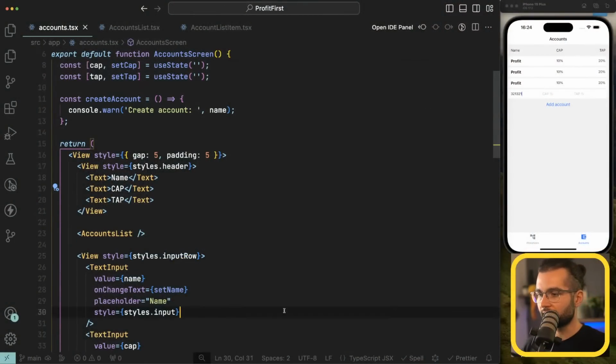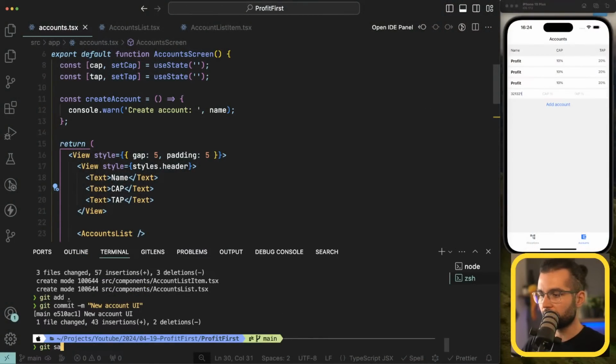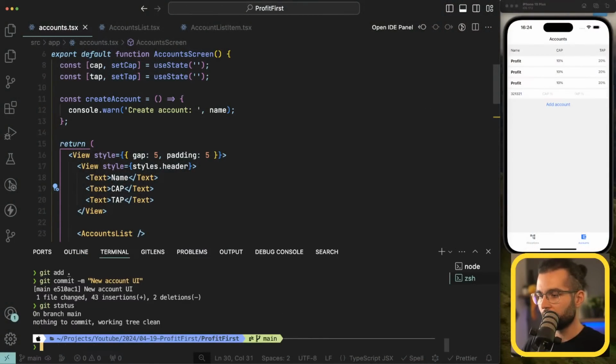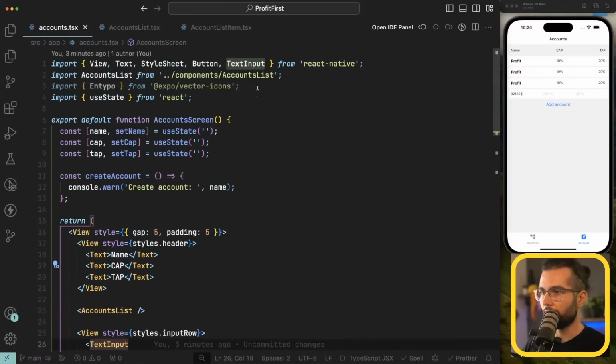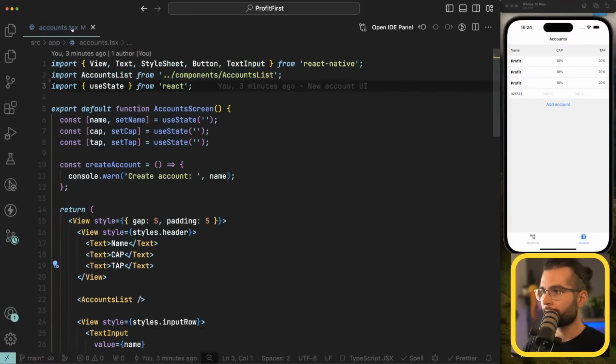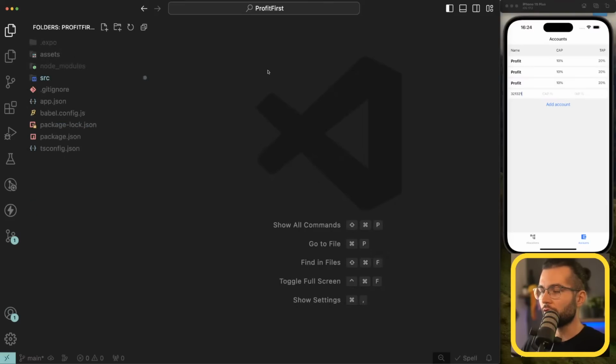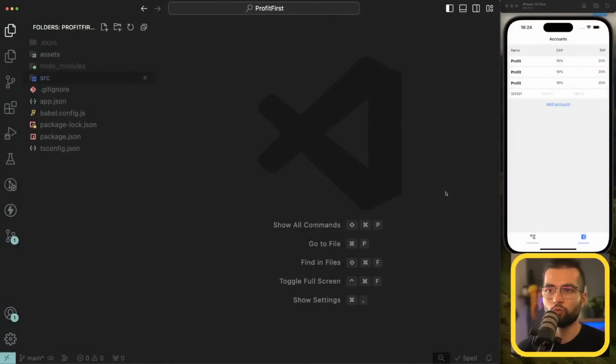So let's go ahead and run git status and make sure that we have a clean git, because now, as I said, we're going to start working on the WatermelonDB setup. And WatermelonDB